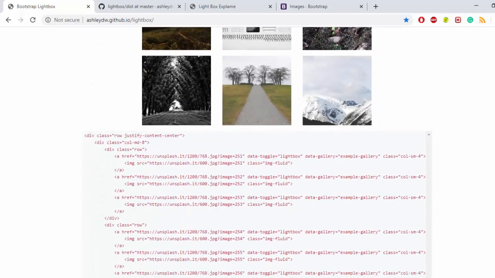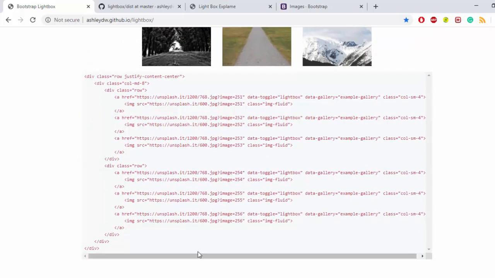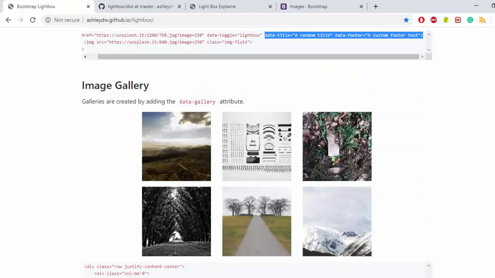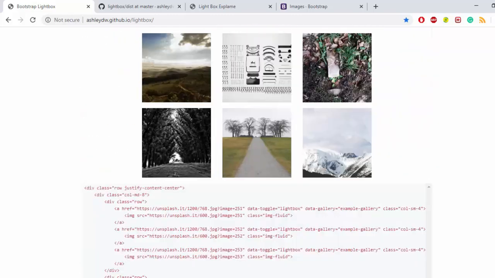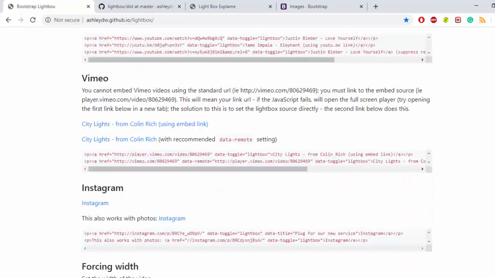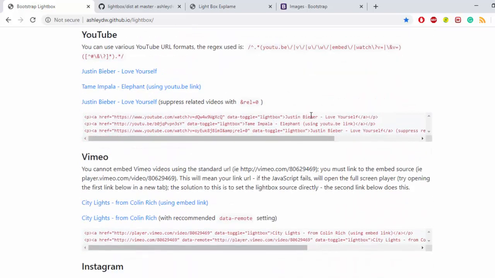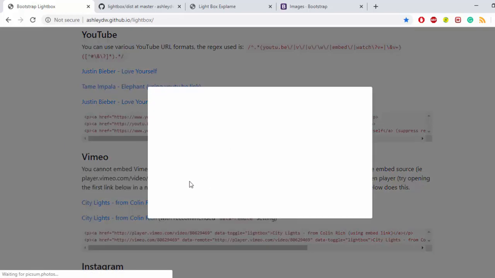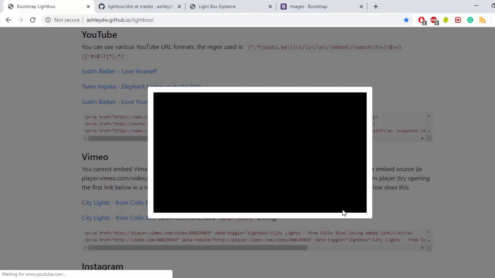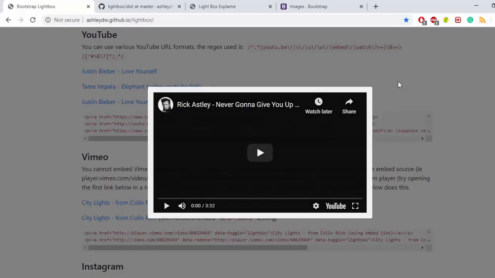So we will see it, and this is what we have just now created. Okay, so this is what we have created right now. So we will see the data gallery and all. So till now we have not done anything. 1, 2, 3, and also we can have YouTube videos, where we can have a link, and if we click on that link then a YouTube video link will open.